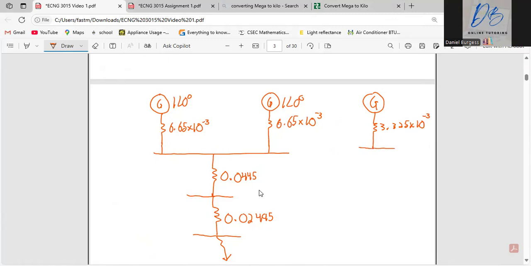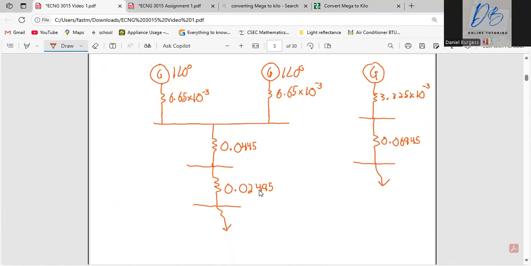Then these two here in parallel, well, in series, sorry, will be 0.0445 plus 0.02495. We get 0.06945. And then these two in